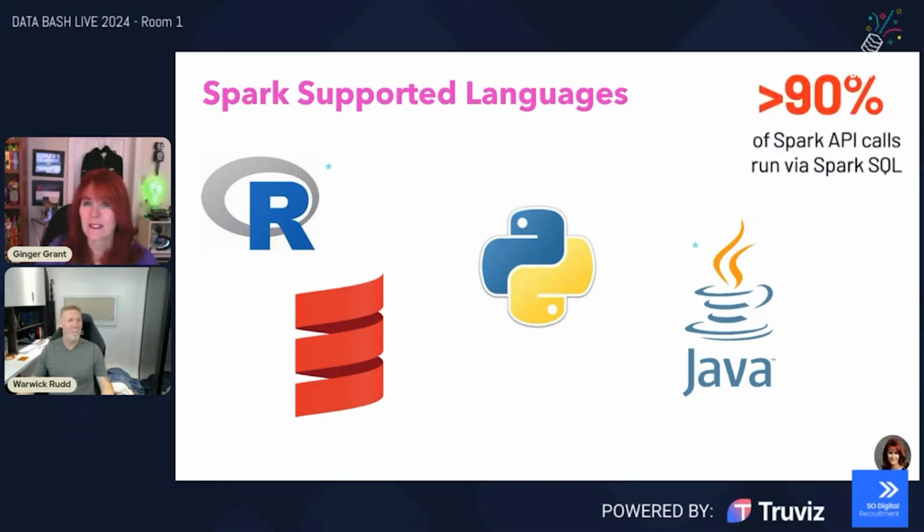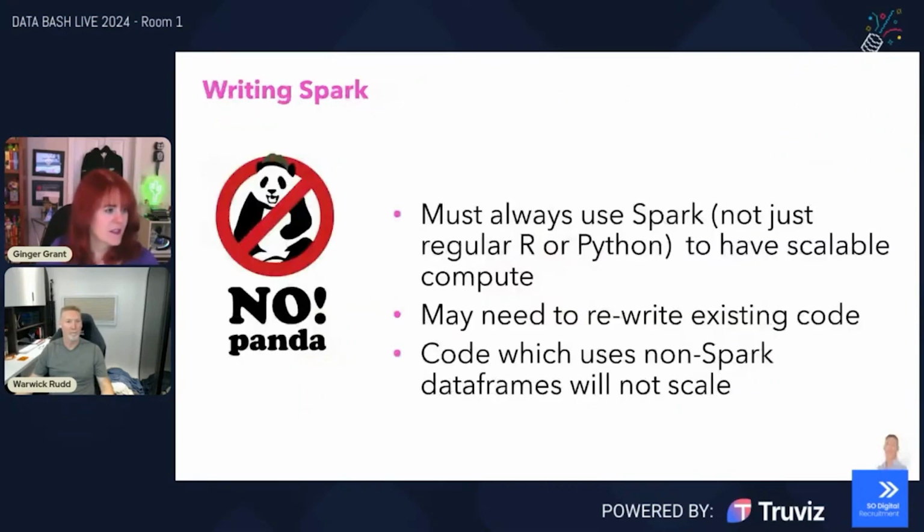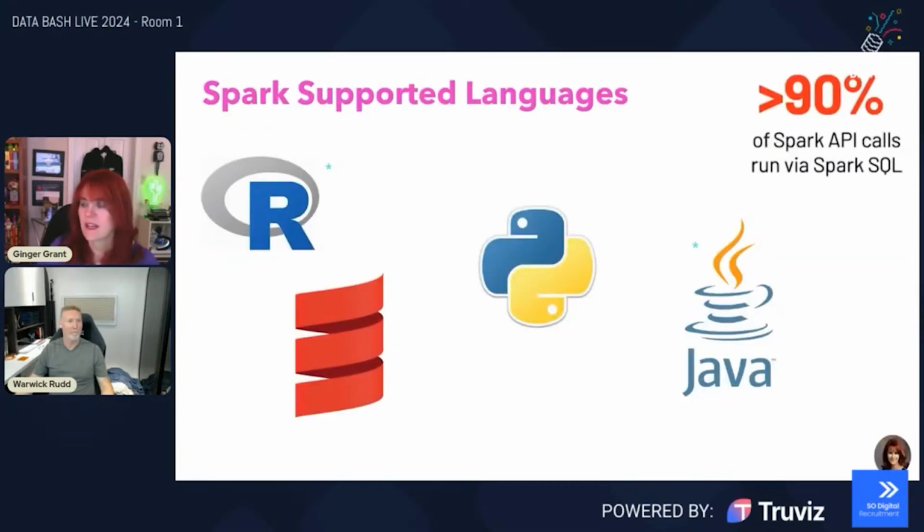Scala is what is most often used by the people who wrote Spark, and that's the icon used here. A lot of people have used R and Java, but I went to the Spark and AI conference some years ago, and they mentioned that 90% of the Spark API calls are used running Spark SQL, which is a form of ANSI SQL. So you don't necessarily have to know a ton of Python to be doing a lot with Spark, especially if you're doing data manipulation, since a lot of it is done with SQL, which we all know and love.